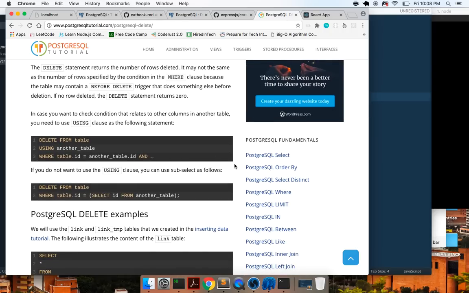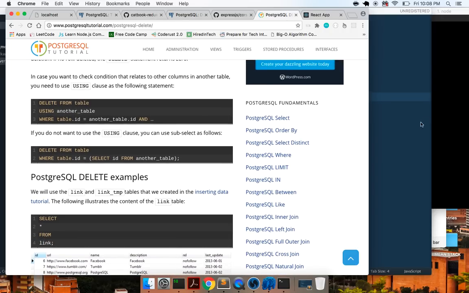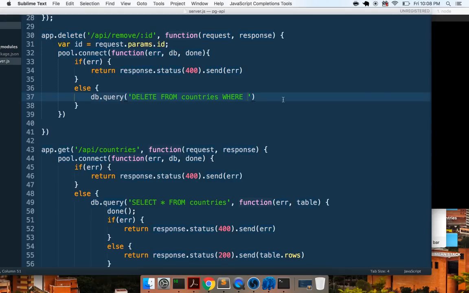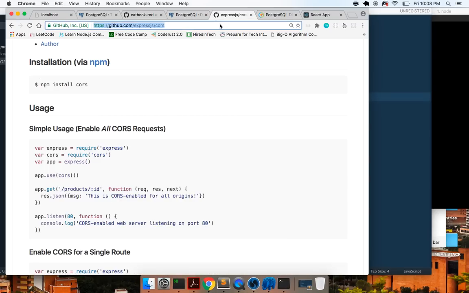I can do where table ID is equal to, okay, so I can say where country, delete from countries where country dot ID is equal to,